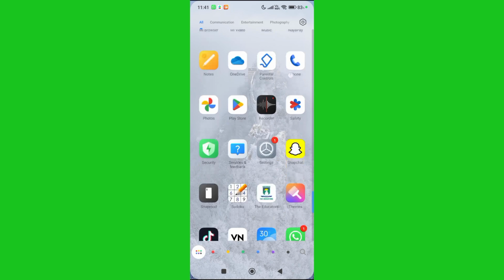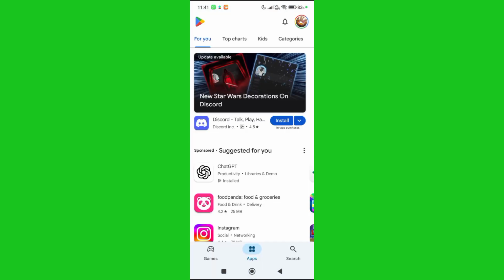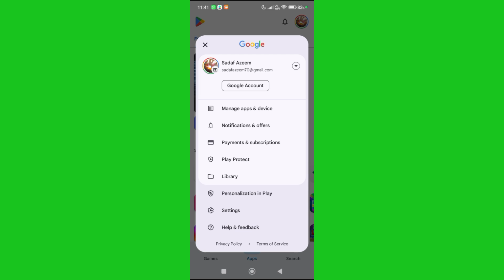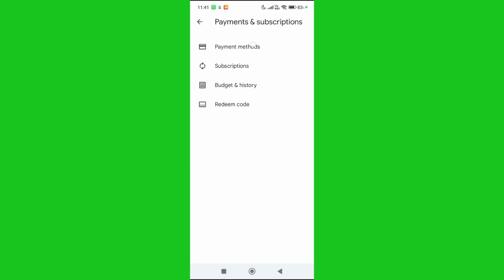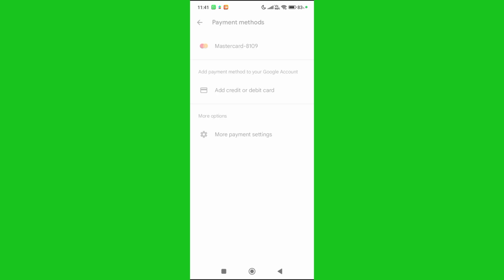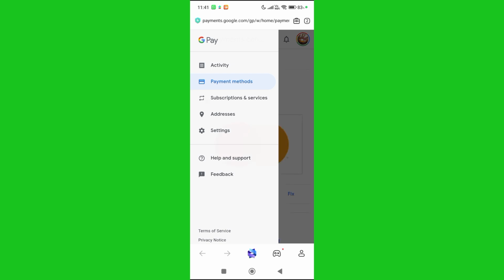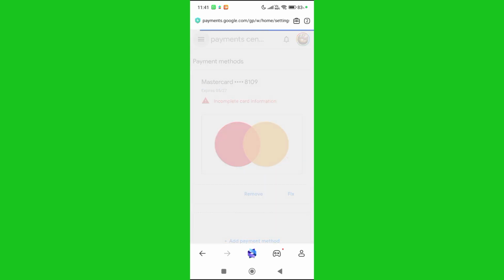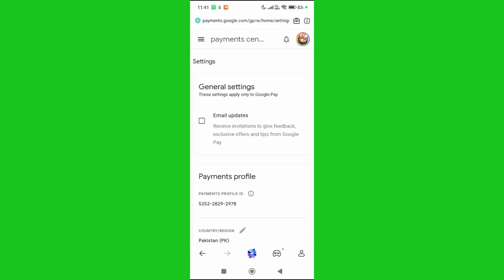First of all, go to Play Store and again tap on Profile. Here you will see the next option, Payment and Subscription, and after that Payment Methods, and here you will see More Payment Settings. Open it, and now you have to simply click on the three lines on the left side of your mobile. Tap on it, and after that there is the next option of Settings. Tap it and open it, and after that you will see the next option